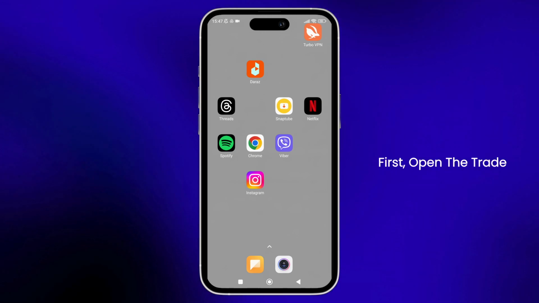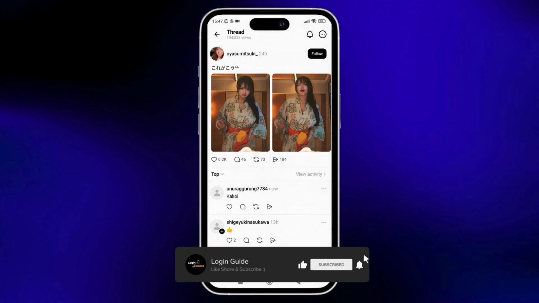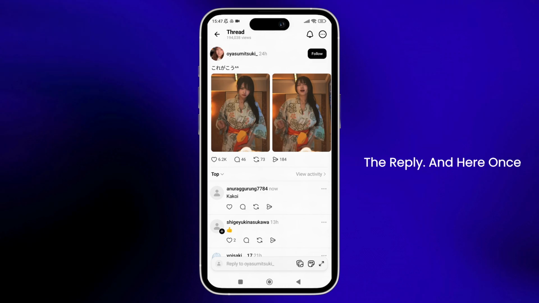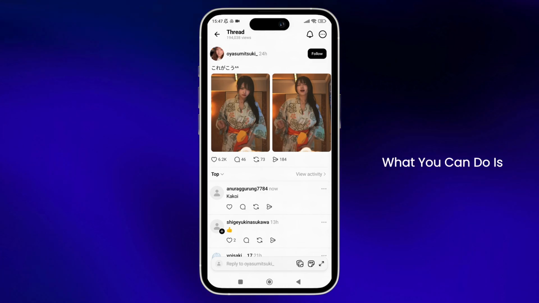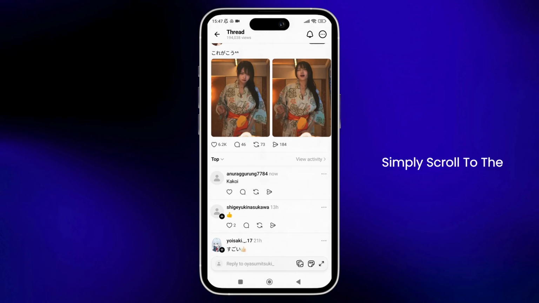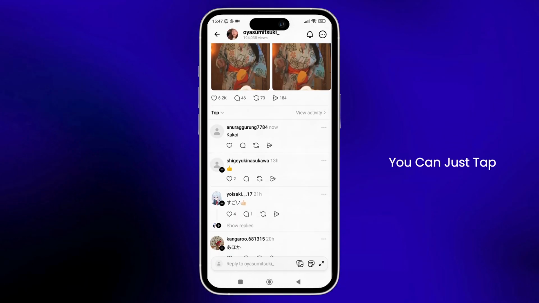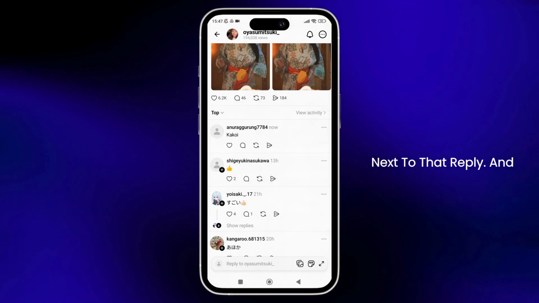So here, first things first, open the Threads app on your phone. And now, once you're inside, simply navigate to the thread post that contains the reply. And once you are in that particular post, what you can do is simply scroll to the reply that you want to hide. And after that, you can just tap on the three dot icon next to that